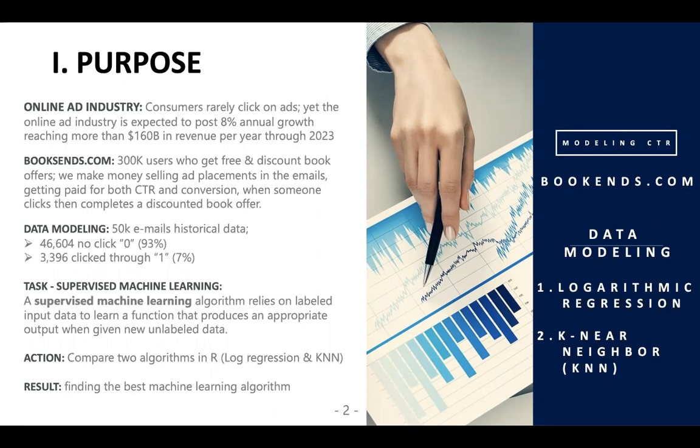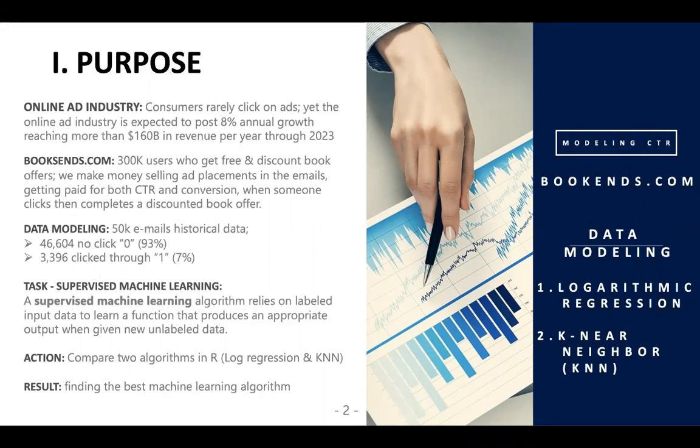Our company is in the online ad industry, which is growing at a rate of 160 billion per year. BookSense.com has 300,000 users, and these users get free and discount book offers, and we are making money by selling ad placements, which are dependent on click-through rate. The data modeling that we will be presenting to you today is based on 50,000 emails of historical data, about 93% of which are no clicks, or zero for the Y click variable, and 7% one, which means people click